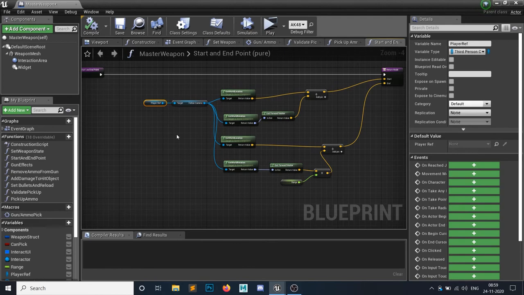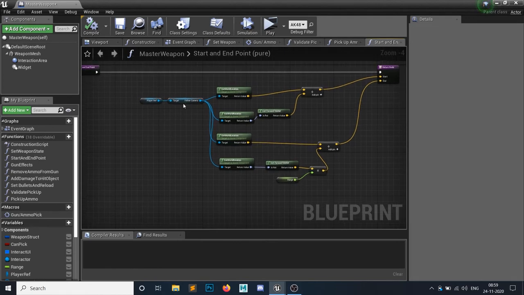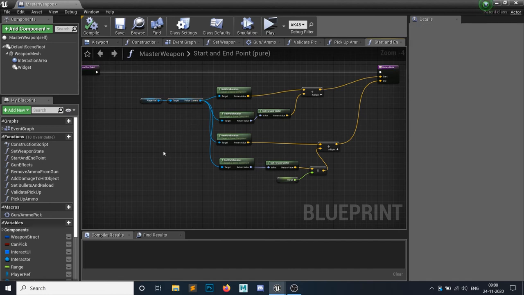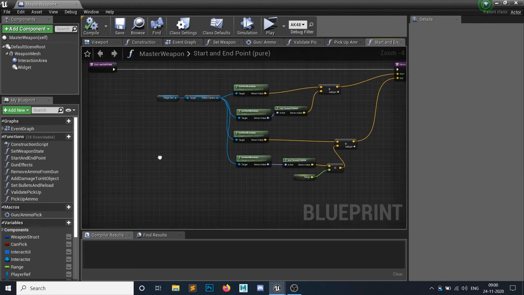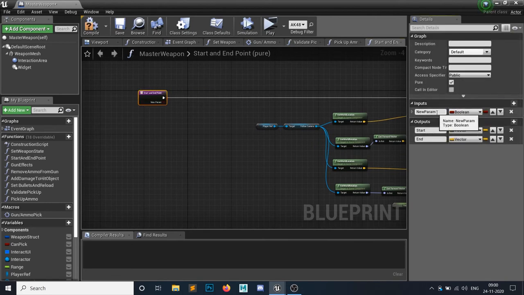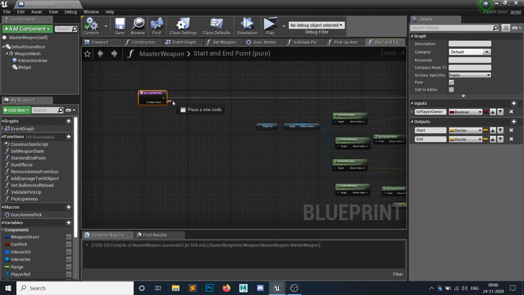So your player can determine where to shoot. The follow camera is the thing, but if this weapon is in the hand of your AI, then the AI doesn't have this follow camera, so how is it going to determine where to shoot? Also, it needs a target to shoot. So what we will do, let's add an input in here: is player owner. So if the weapon owner is a player or not. So let's hit a branch.